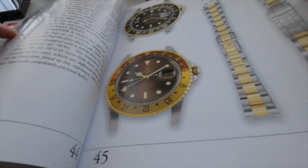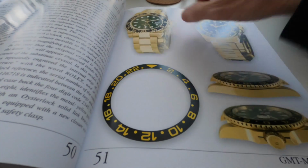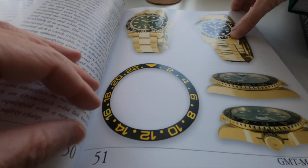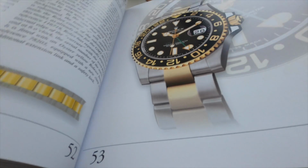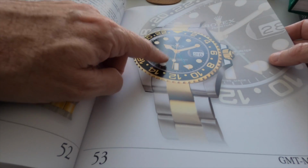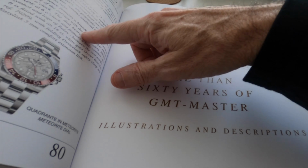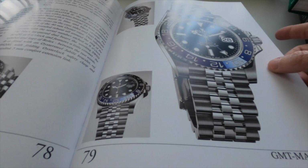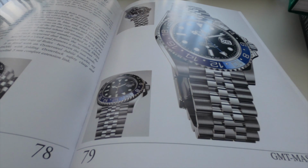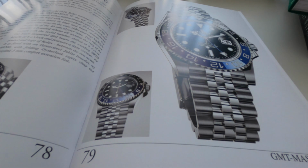You've got your original root beer, you've got the bracelets, you know, you've got the famous green face, not the Daytona, the GMT Master. I still like this watch. I still like this GMT Master, the discontinued one. But it's great, I mean, like I said, it tells you all the calibers, it gives you the reference. So there's the BLRO. There's mine. So there is the BLNR, the one that I have, current production, caliber 3285,